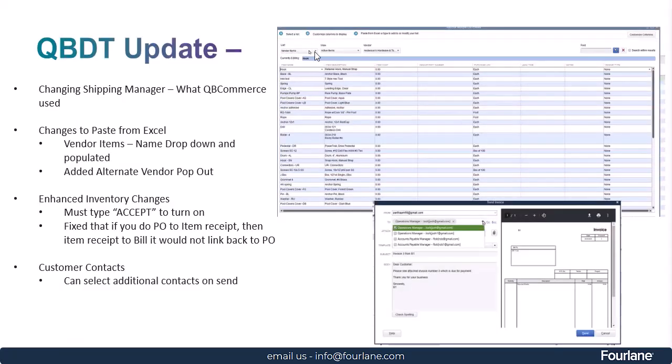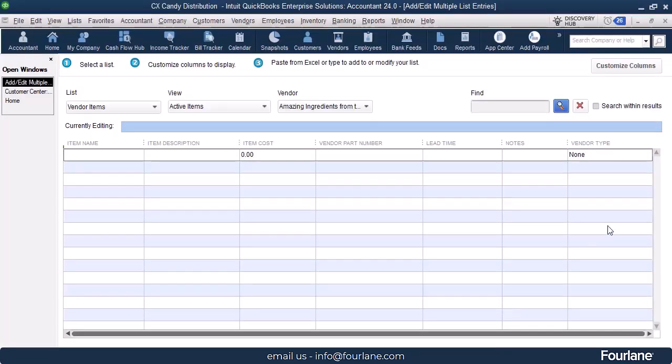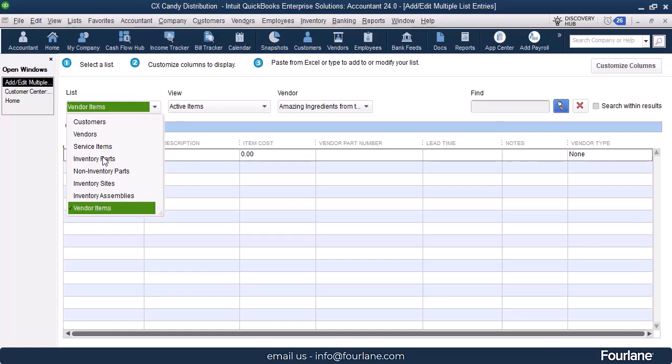Well, that is going to be changed. You can see here when I choose vendor items, it's kind of small, I know, but you can see that it pre-populates all of the names, and it has a drop-down so you can see the entire list. So that change is going to happen. The other change that is going to happen is when we are looking at the items,